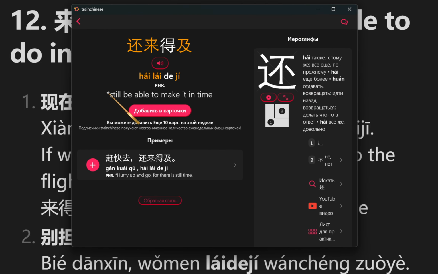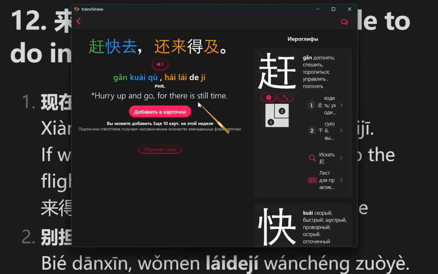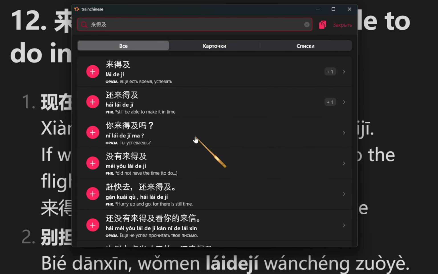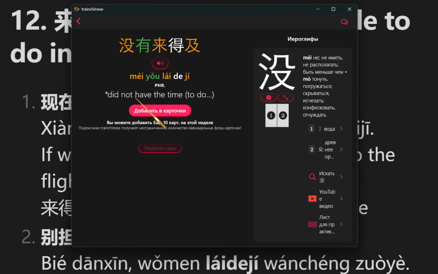还来得及 You can say, still be able to make it in time. 还来得及, or hurry up, for there is still time. 赶快去还来得及赶快去 So 赶 is to hurry up, to go quickly. 赶快去 For example, did not have the time to do something. 没有来得及